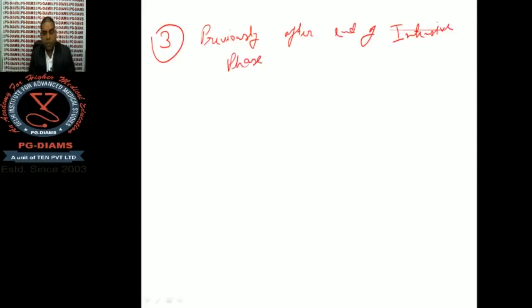The third change is, previously, after end of intensive phase, end of second month, you used to take the sputum sample, and if the sputum sample comes out to be positive, you used to give 1 more month of intensive phase treatment. Okay? So previously after end of intensive phase, the sputum testing was done,